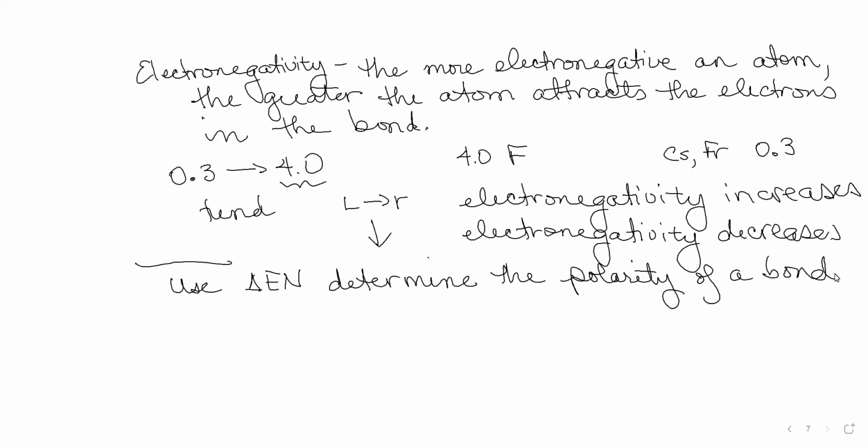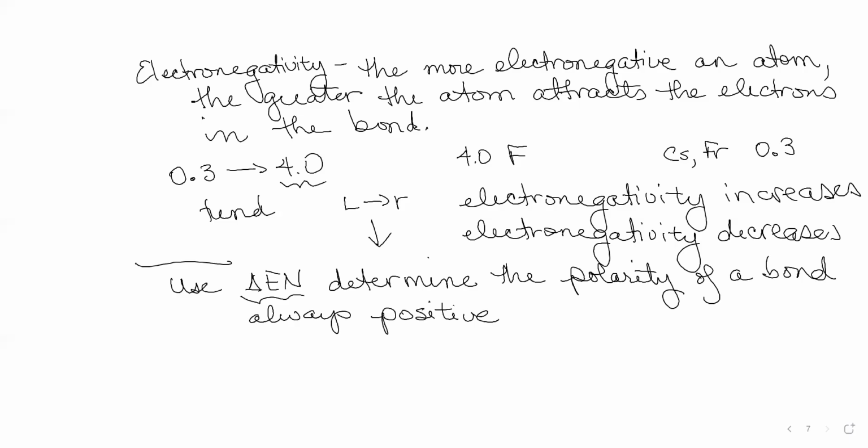So electronegativity differences are always positive. Okay, and just hold on one moment. Okay, so when we determine the values, they'll always be positive. So what happens here is this. If you look at the difference in electronegativity,